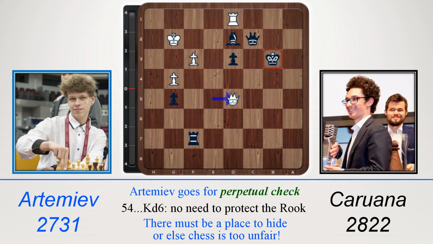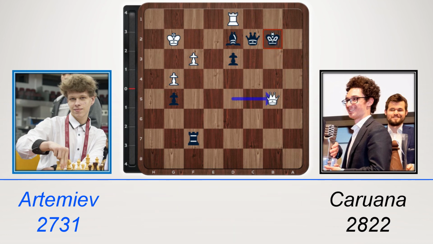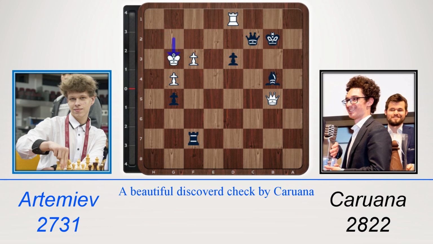Check, check, check, and here we go. After queen b5 check, now black has the chance to throw in his own check. A beautiful discovered check. Bishop b4 check, and after king g3, the rook will drop. Queen takes b4 check, block, check. There must be a place to hide, d2, and this is how Caruana ended up with 10 out of 13